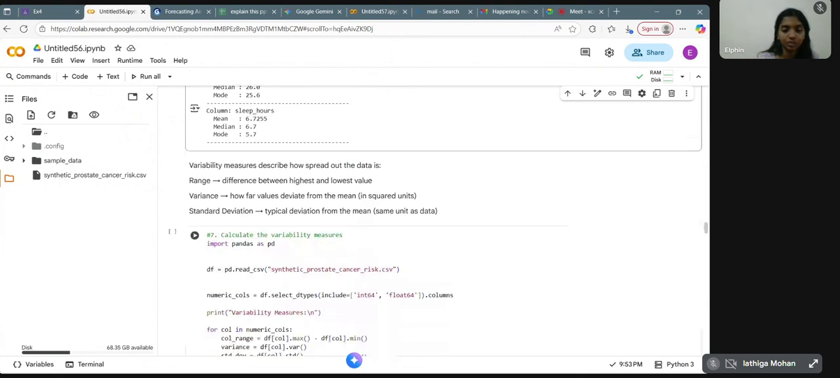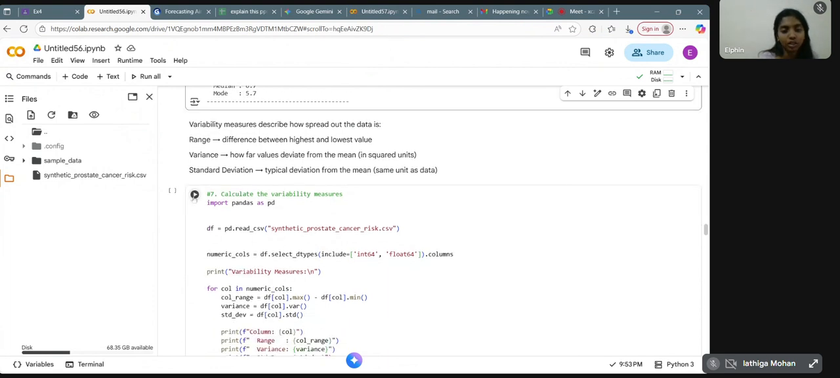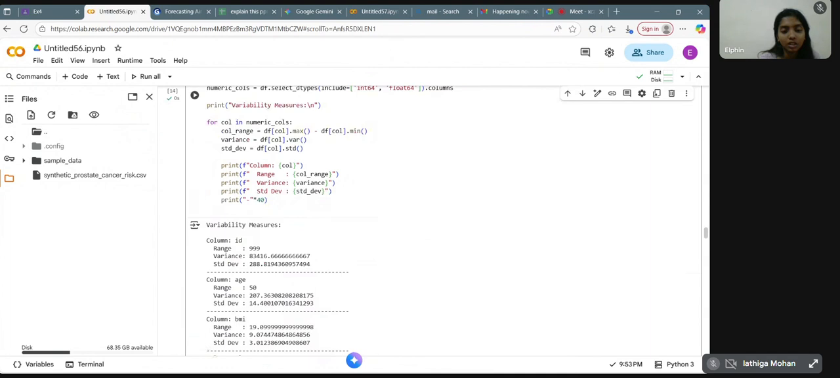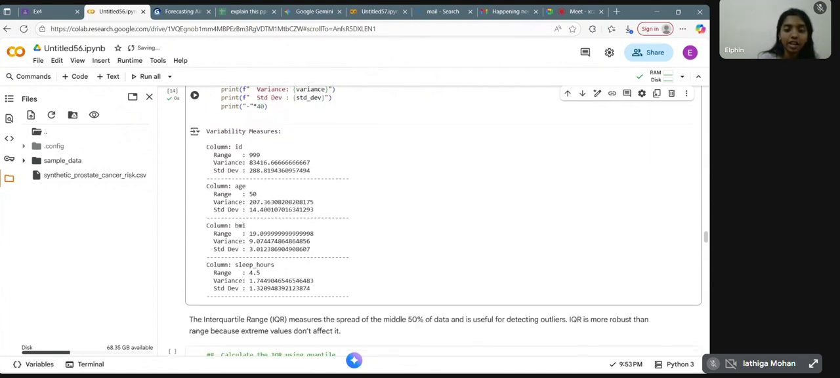Next question. Calculate the variability measures. What are the variability measures? Range, variance, and standard deviation. What is range? The difference between the highest and lowest value. Variance is how far values deviate from the mean. Standard deviation is the typical deviation from the mean. I would like to run this code so you can understand better. See here, for each one, it shows the range, variance, and standard deviation for ID, age, BMI, and